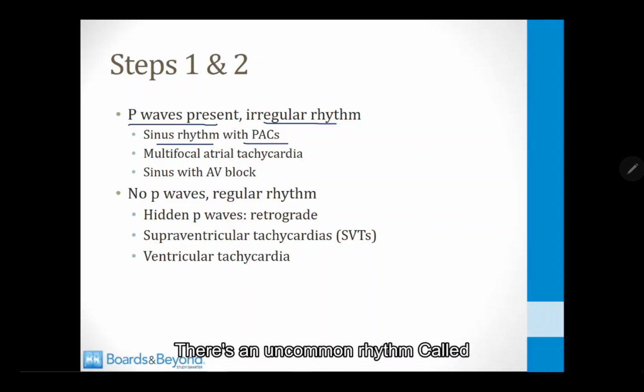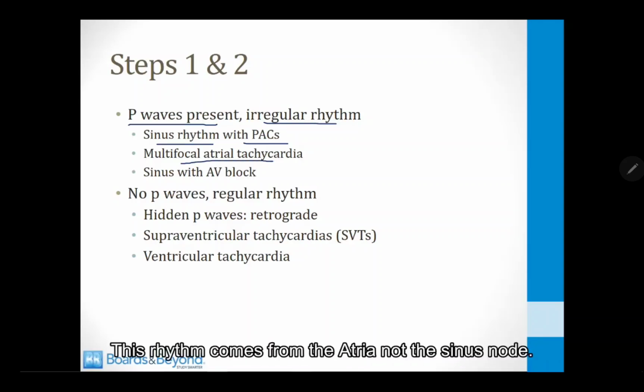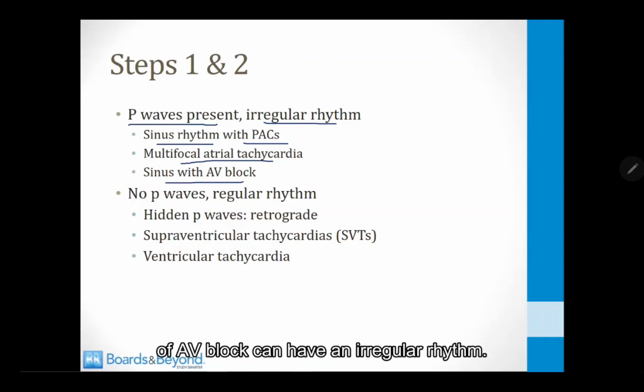There's an uncommon rhythm called multifocal atrial tachycardia. This rhythm comes from the atria, not the sinus node. It will have P waves, but the rhythm will be irregular. And then finally, sinus rhythm with various forms of AV block can have an irregular rhythm, and I talk about